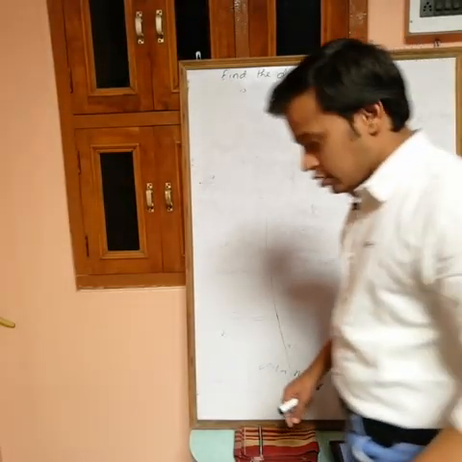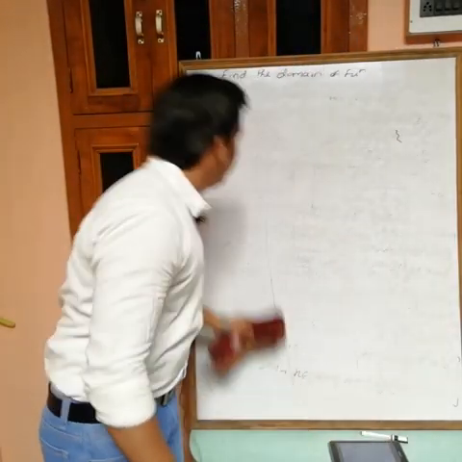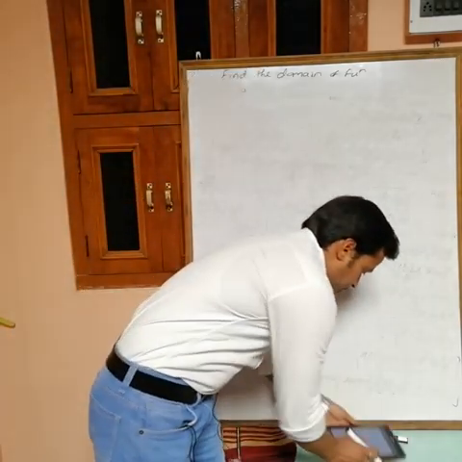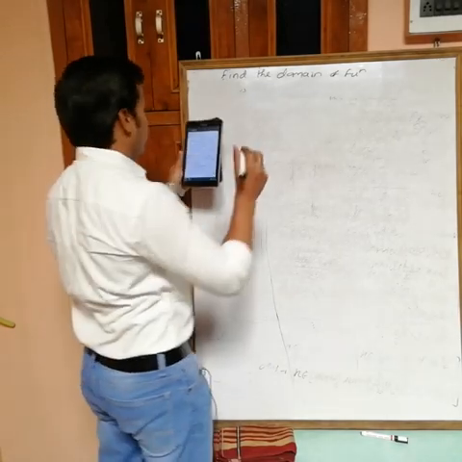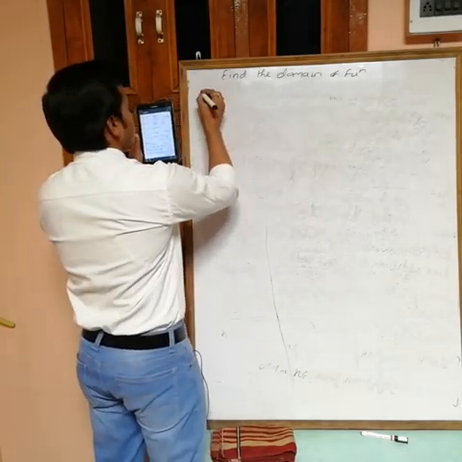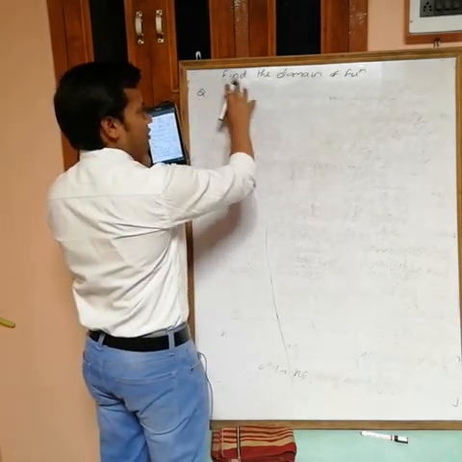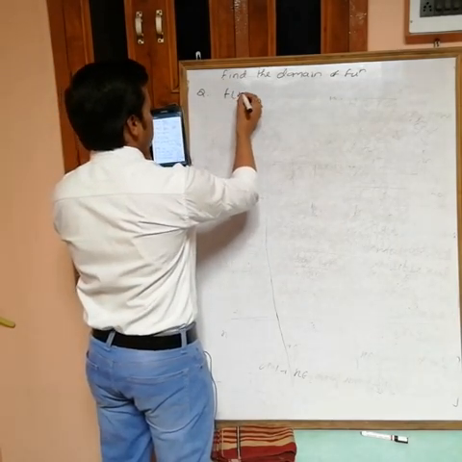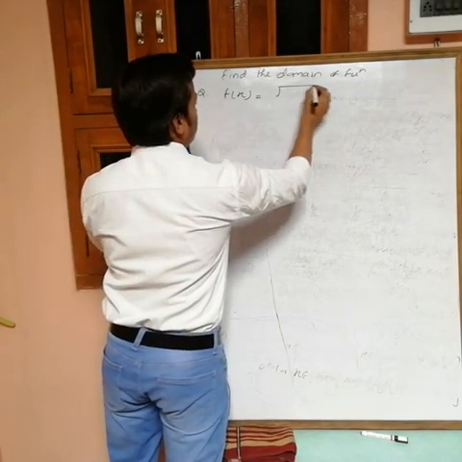Okay, last question is to find the domain. In that one, next question again, after that we will take range. So next question again, same thing: find the domain, and the function is given as f(x) is equal to root over